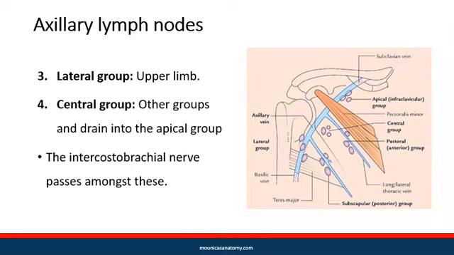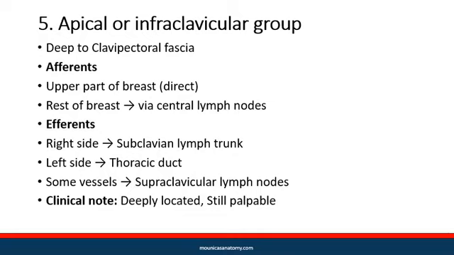Third, the lateral group is responsible for drainage of the upper limb. Fourth, the central group receives lymph from all other groups and passes it to apical nodes. Finally, the apical or infraclavicular group, located deep to clavipectoral fascia, drains into the subclavian trunk on the right and the thoracic